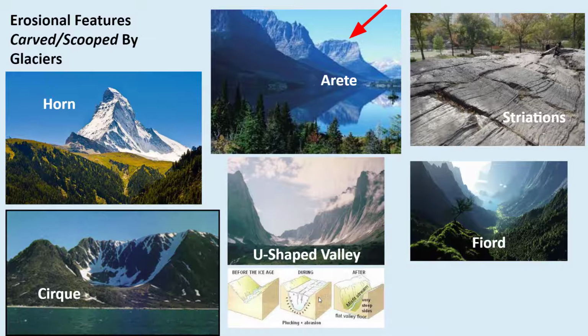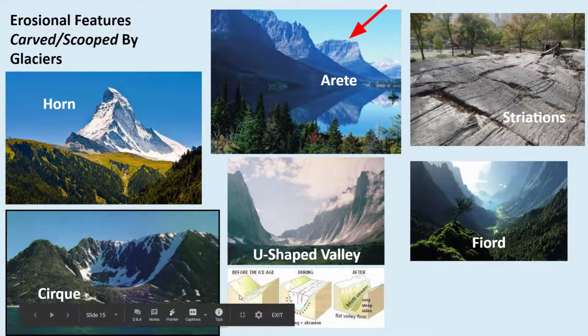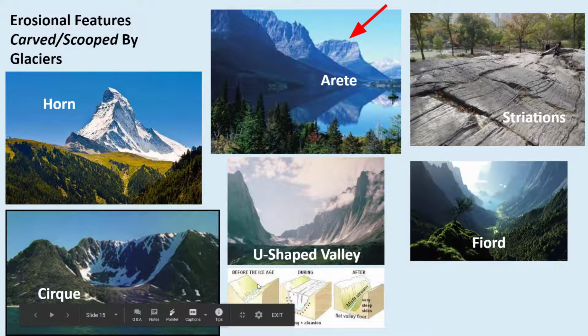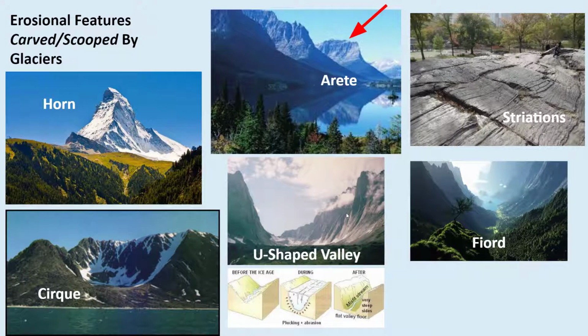When it comes to evidence, we can look at a valley, and based on the shape of a valley, we can say it's either a river valley or a glacial valley. If we look in nature, you guys, river valleys tend to be V-shaped. That's a classic valley that's being cut down by a river. But when that river valley gets filled with ice, because it might be up in a mountainous area, the ice fills in, it expands, and as it moves, it carves out what's called a U-shaped valley. So when you look at a U-shaped valley, you can say, oh, look, it's evidence of glacial erosion.